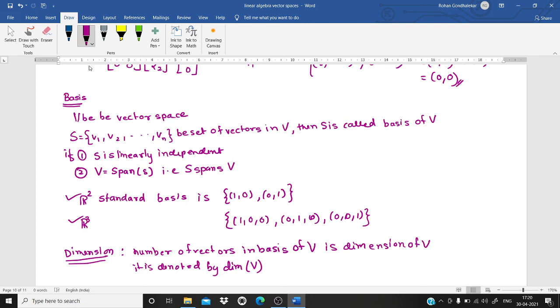Okay, so now just look at these two examples, R2 and R3. How many elements in the basis? 1 comma 0, 0 comma 1, two elements. So what is the dimension of R2? Dimension of R2 is 2 and the dimension of R3 is 3. And of course, the basis set is not necessarily unique. Are you clear with that? But all the bases for a finite dimensional vector space have the same number of elements. So for R2, 1 comma 0, 0 comma 1 is one of the basis sets, which is called the standard basis set. You may generate different types of bases for the given set. Is it okay? So just remember it. It's very interesting and you should remember.